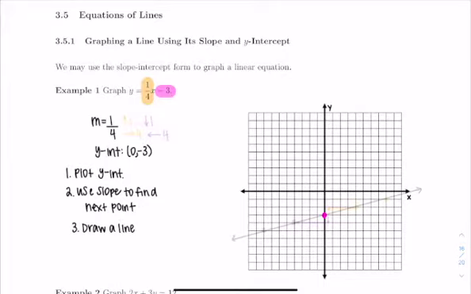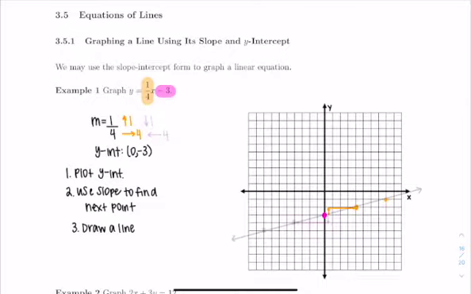So looking at the slope, we have 1/4. And so that means I'm going to go up 1 unit and to the right 4 units. So from my y-intercept, I'm going to go up 1, and then I'm going to go over 4. And then I plot my next point. Now we can keep doing this trend. From the point we just found, we can go up 1 unit and to the right 4